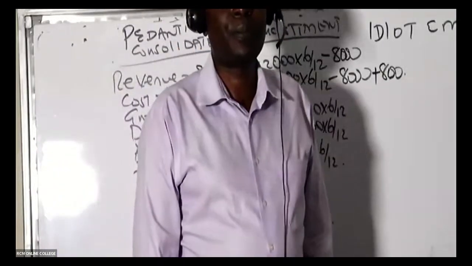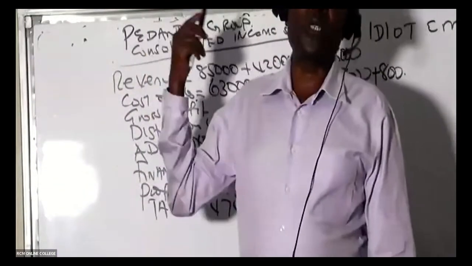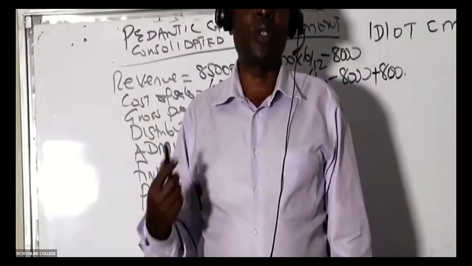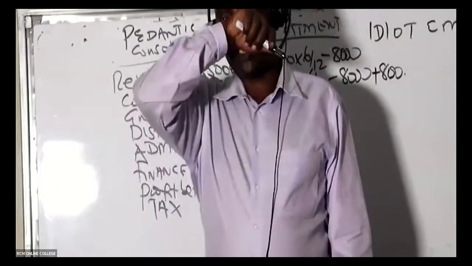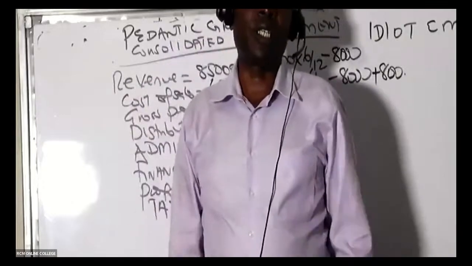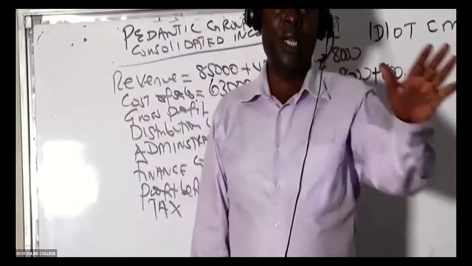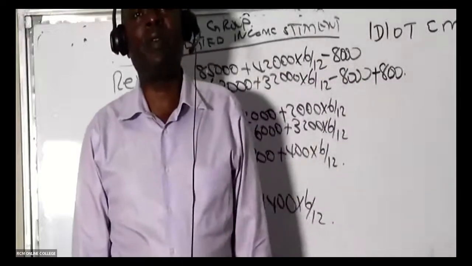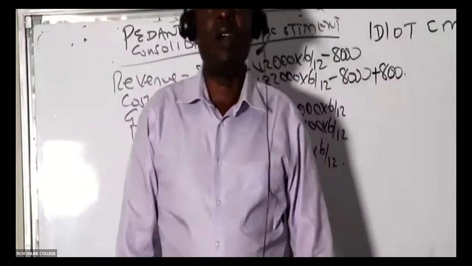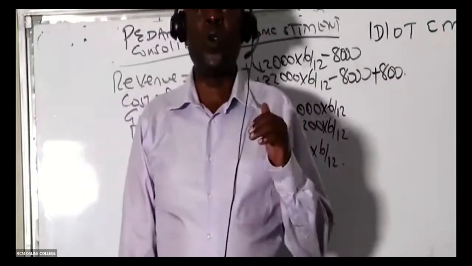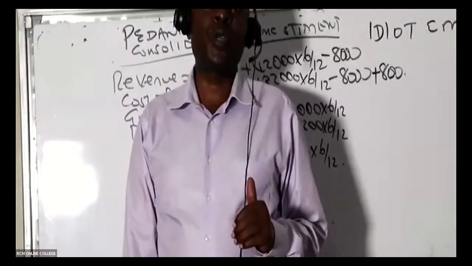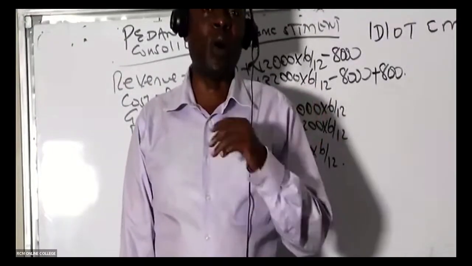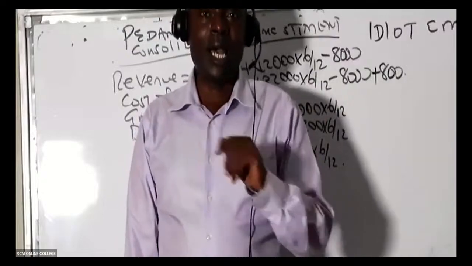Because remember here, the closing stock has been overstated. When you overstate closing stock, you understate cost of sales. I don't want to get into those explanations. The most important thing here is to know that whenever you have UPS, you shall always add it to the group cost of sales. That is the chorus I would want you guys to understand.